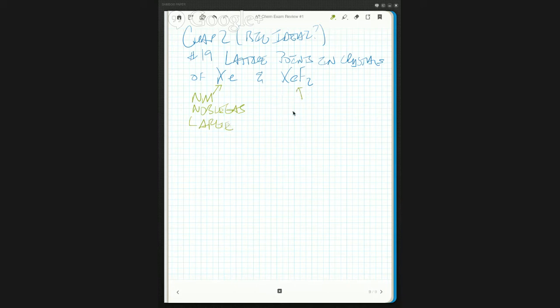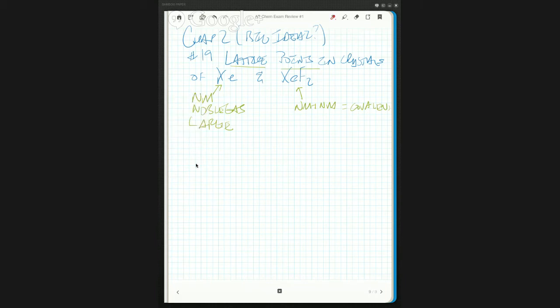Xenon difluoride is a nonmetal plus a nonmetal, which means that it's covalent. It's a noble gas and a halogen. I'm not sure where to go with that necessarily, but they're all nonmetals, interestingly enough. And when we talk about lattice points, we usually are talking about salt crystals. So I'm not sure why they're on that, but when we're talking about a crystal, we're talking about